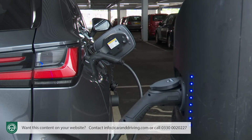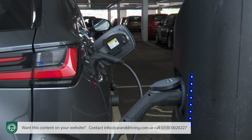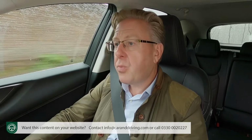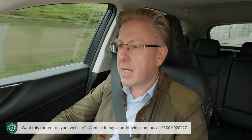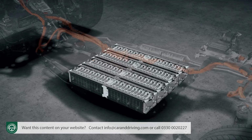If you've stretched up to this NX 450h Plus plug-in model, you'll want to know about charging it. Well, you can actually refresh the battery while you're driving the car. There's a provided battery charging mode for that. Press and hold this button on the console between the seats, but we wouldn't suggest that you regularly use it because that mode really isn't very efficient. Better to plug in what is actually quite a large battery for a PHEV, 18.1 kilowatt hours in size, containing 96 cells with a rated voltage of